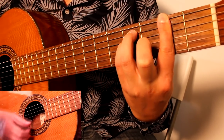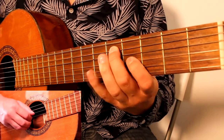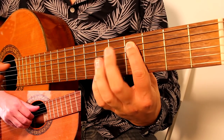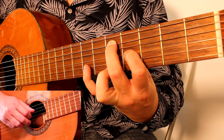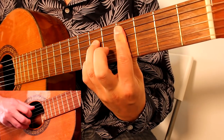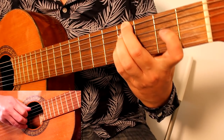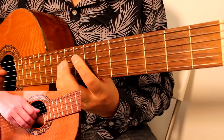And then that repeats. So I'm going to go from the 2nd page there. That's where I'm going to go from, so here we go. And then that repeats back to